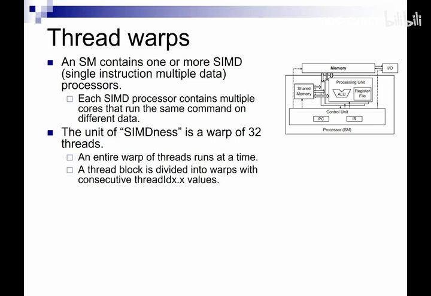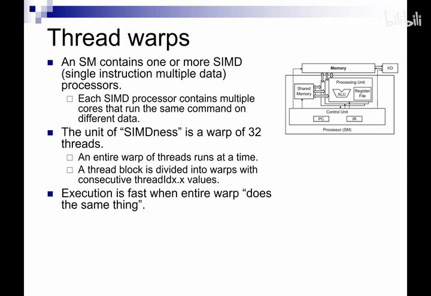Okay, so a thread block is actually divided into multiple warps. Each warp has a bunch of consecutive thread ID values. For example, the first warp has IDs 0 to 31, the second warp has 32 to 63, and so on. Now the goal, what the GPU hopes to have happen, is that your entire warp does somehow the same